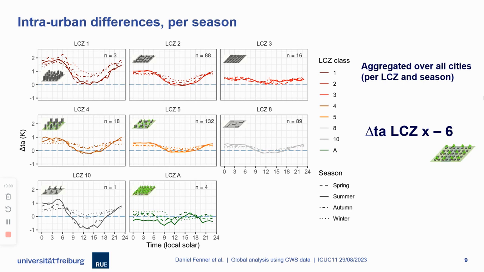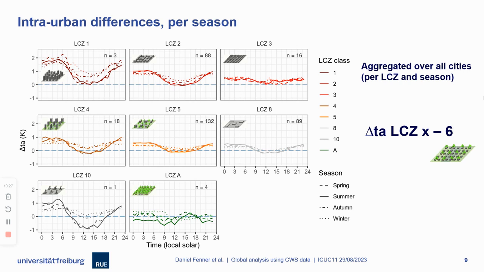So first, look at the diurnal cycle. You have the strongest intra-urban heat differences during nighttime, as the classical temporal urban heat island pattern would be. So during nighttime and the early morning hours, while during daytime there's close to no intra-urban differences, or there may even be a small cooling effect relative to LCZ6. So we have an intra-urban cool island, if you want to call it like this.